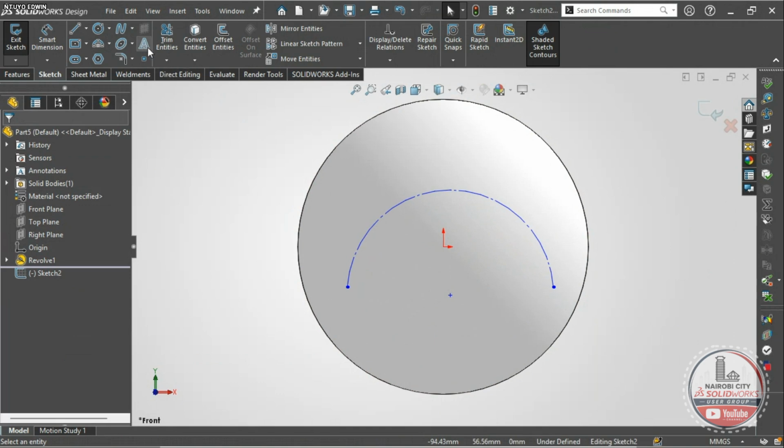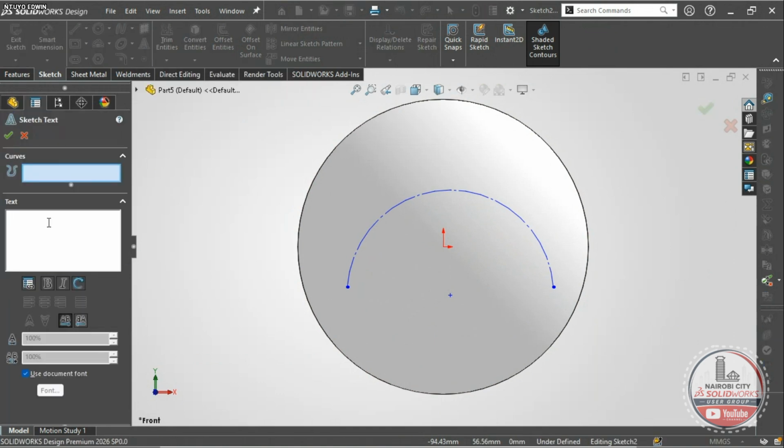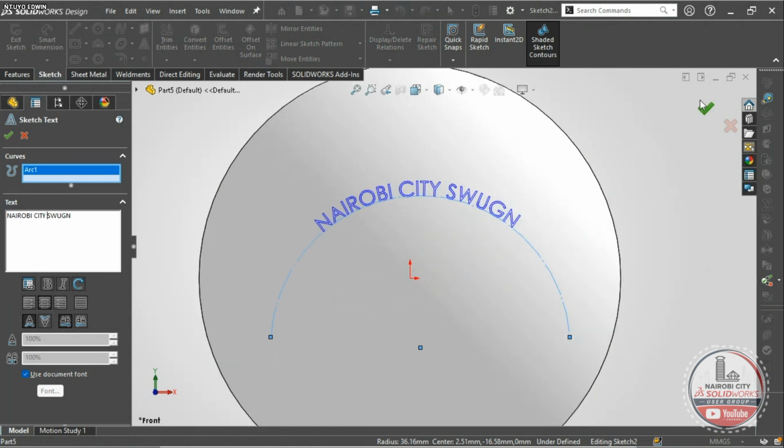And then there is somewhere it's called the text. When I come to text and I type in SWUG, I have to choose a curve, and I tap onto it. So it's going to be along this curve. So let me type in Nairobi City SWUG. So I have something related to this Nairobi City SWUG, and when I say tick,